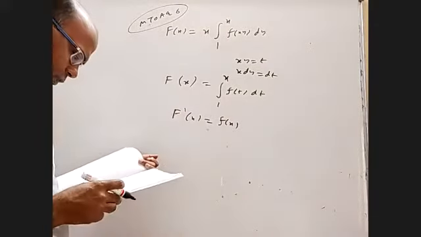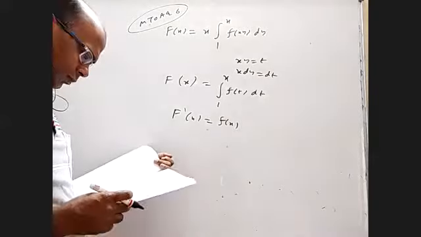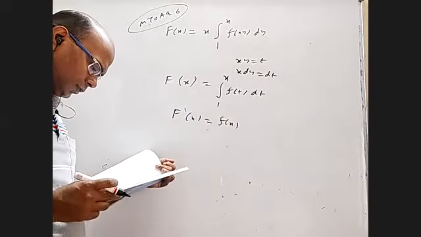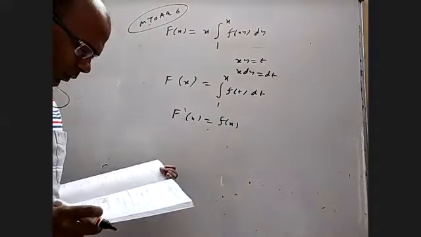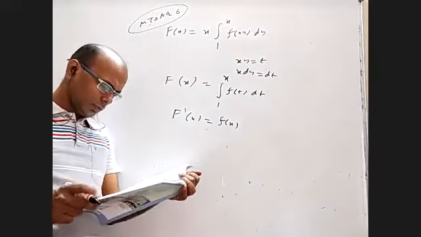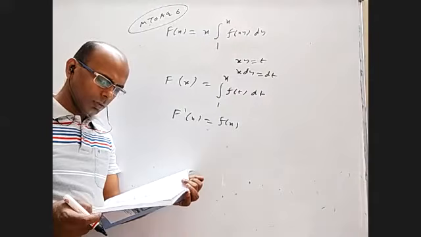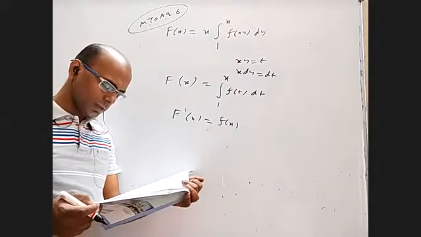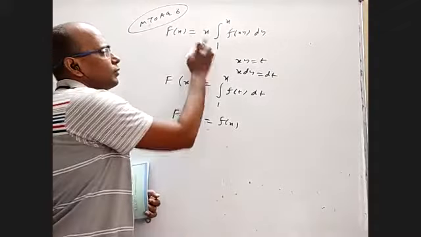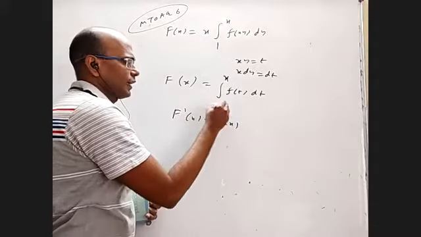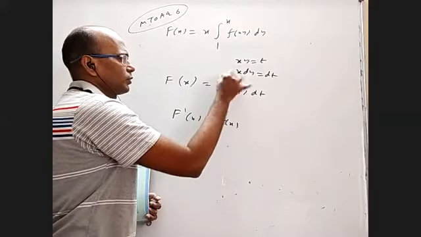Now, what are the different options? Is something wrong somewhere? Maybe another question's options are printed here. Their limits are x to x square. Instead of 1 to x, x to x square, you are saying? So the limits will change. Yeah, I forgot to change. Thank you. So when y is 1, the t limit is x, and when y is x, the limit is x square.